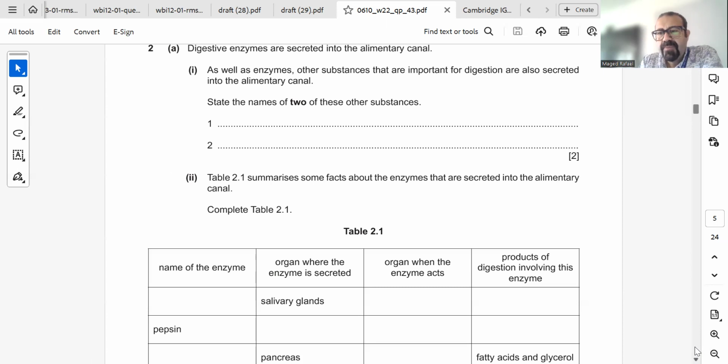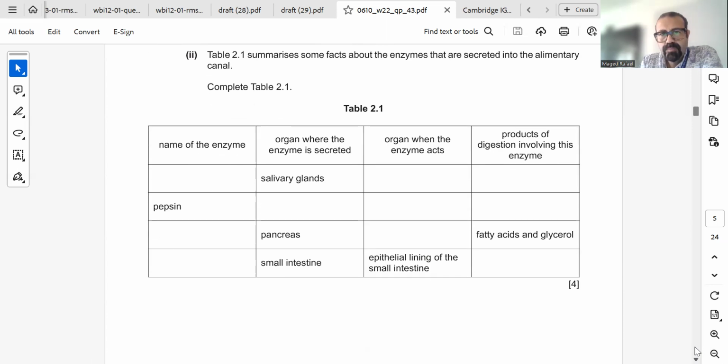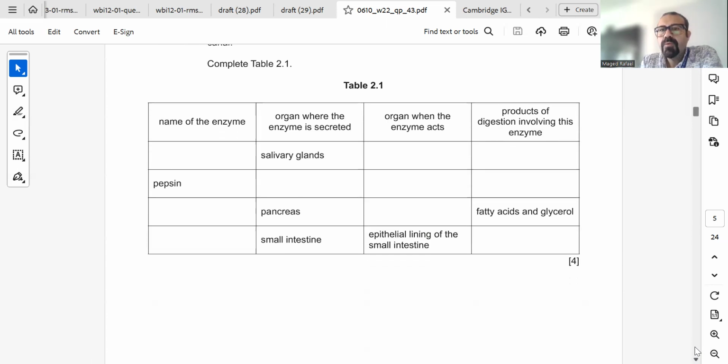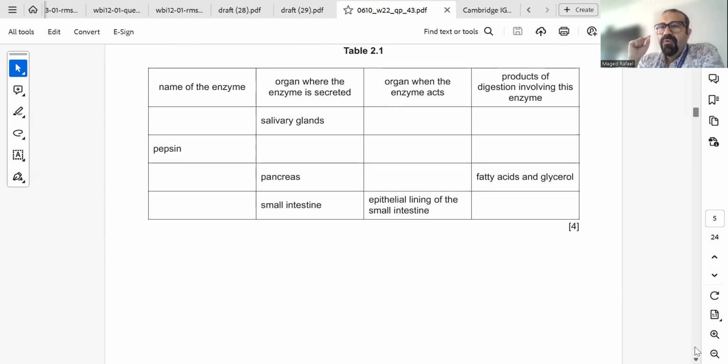Let's go to part double I. If you answer this table, I think all of you answered this table before in previous exams, this means that we're summing up everything related to enzymes. Come on, to save time, start with the first one. The name of the enzyme is amylase. The amylase enzyme works best in the mouth. And the product is